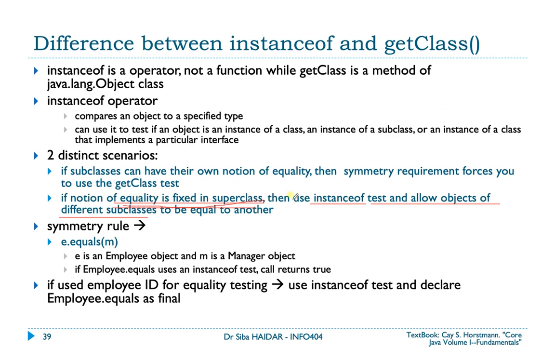You use in this case what? instanceof. If you don't want objects from different subclasses to be equal to one another, you use getClass. This is a very important detail. Take an example. If you want to allow that e.equals(m) returns true sometimes, where e is an object variable that references an employee object, and m is an object variable that references a manager object,